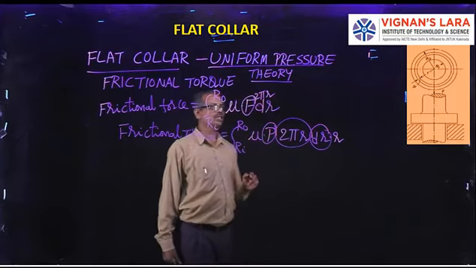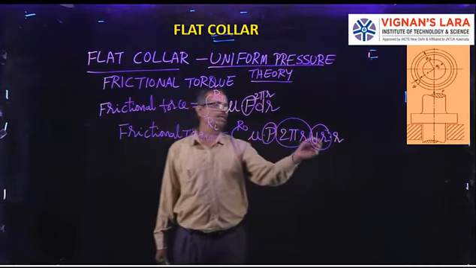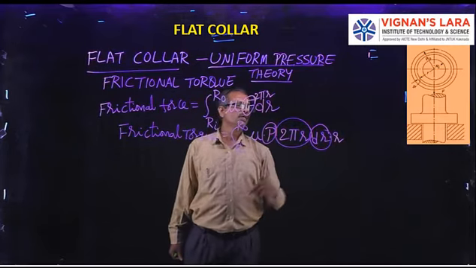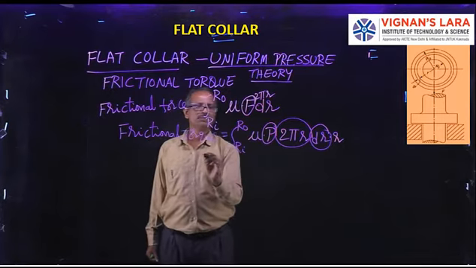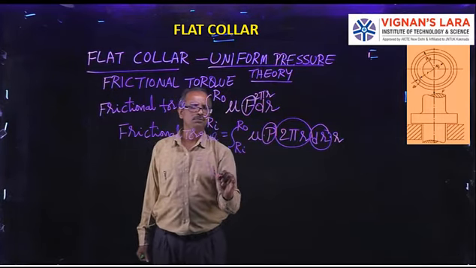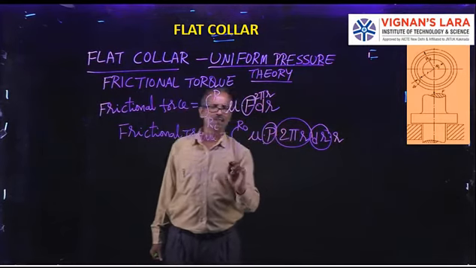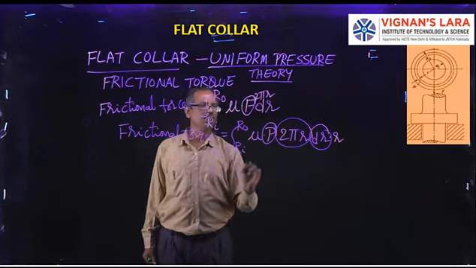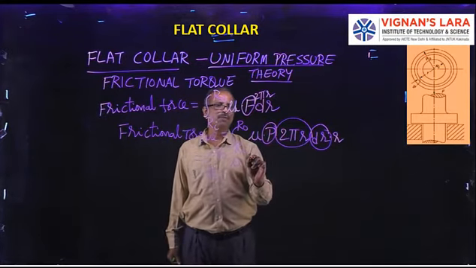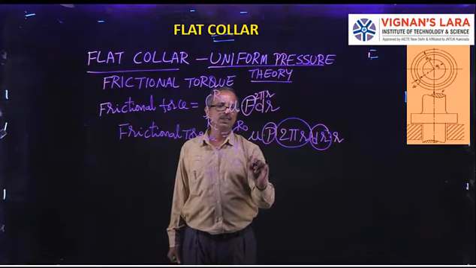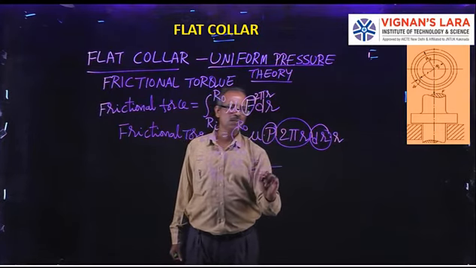So the area is 2 pi r dr, and torque is nothing but force into the distance, that is the radius r. So here, what is the theory we are using? Uniform pressure theory. In uniform pressure theory, what is the value of P? We know the P value is F by pi (r naught square